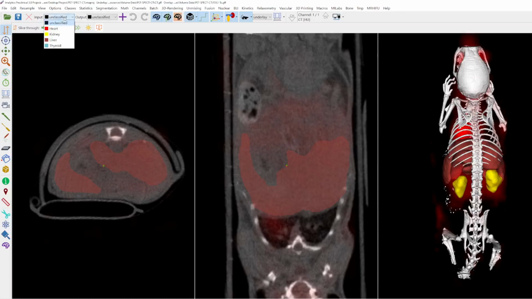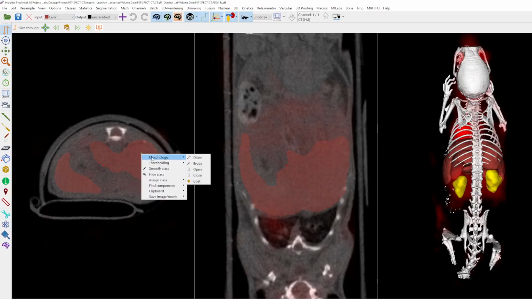The next one is we are having two drop-down boxes here for the input class and for the output class. And you can select different classes, for example, organs in our case, like the heart or the kidneys. And when I right-click somewhere, for example here in the liver, this class will be set automatically as input class. And for a lot of segmentation operations, it's important what kind of class you have selected as input class and output class, because they work only on the input class.